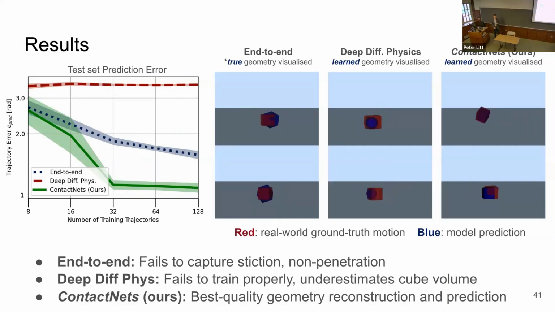And then finally, our method, contact nets, as can be seen in the blue geometry, is very closely reconstructing the geometry of the cube with a maximum discrepancy of no more than a few millimeters. And as a result, it has both quantitatively and qualitatively the highest match between model predictions and real data. But we do want to note again that there are physical simplifications made in this model, one discussed earlier being inelasticity of these impacts. And so we see that there's considerably more bouncing in the real world data than in the model. Future work is going to have to expand the physics of these learned models to reduce that error.